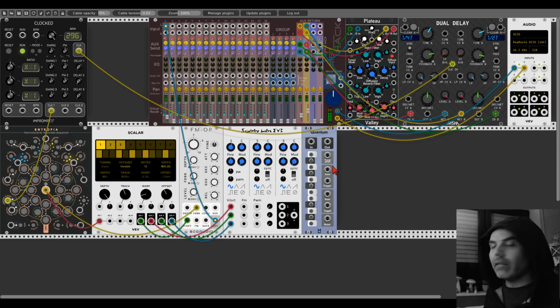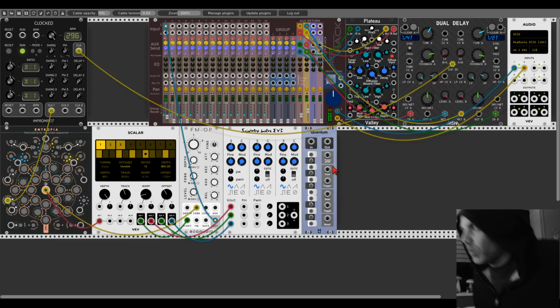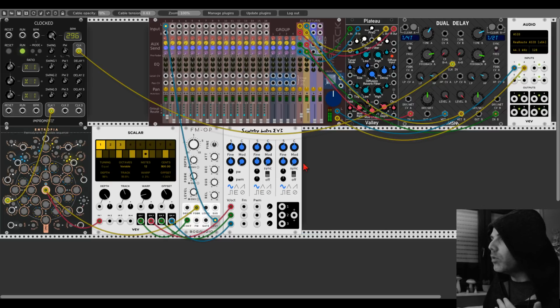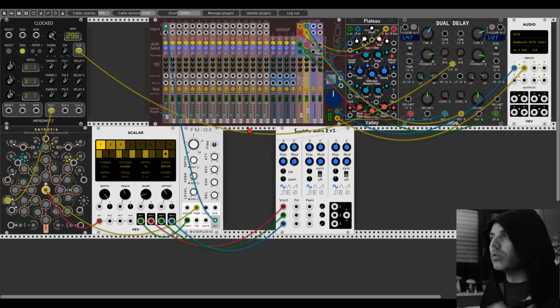So what I love about Quantum and why I use it also so often is because of the gates and trigger outputs. It means that every time there's a change in note, it will output a gate or a trigger. Now here we don't have this function, we don't have gate or trigger outputs, but what we can do, we can use a module from the AppleSense collection,